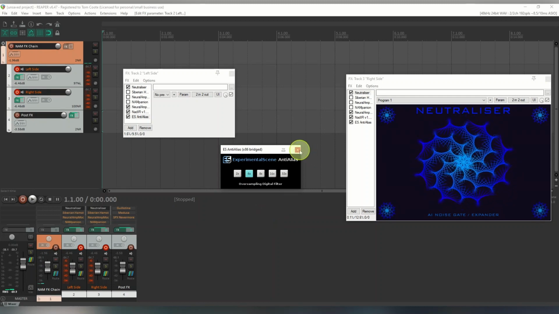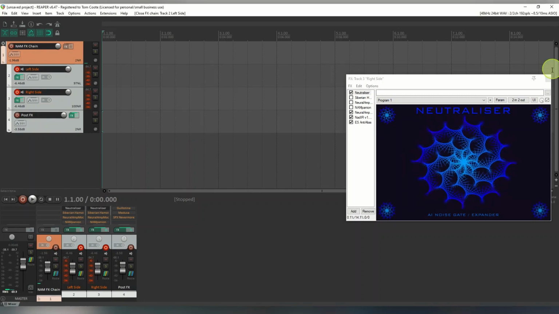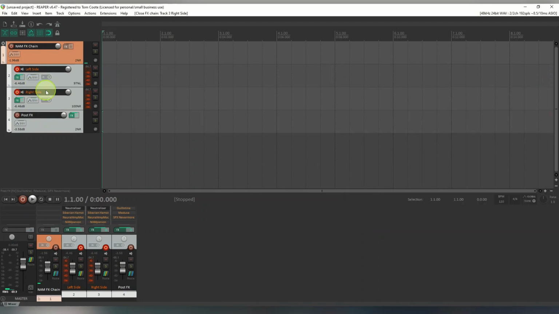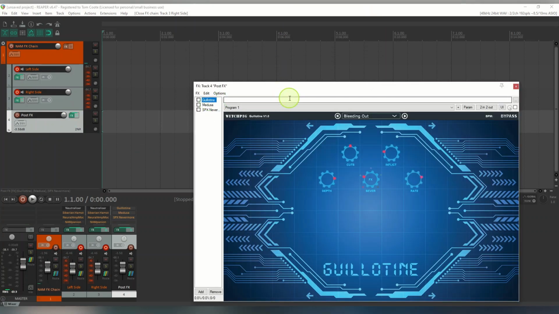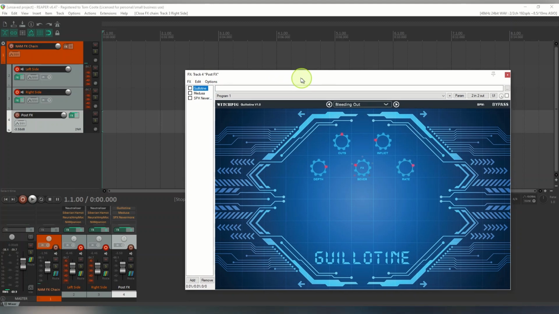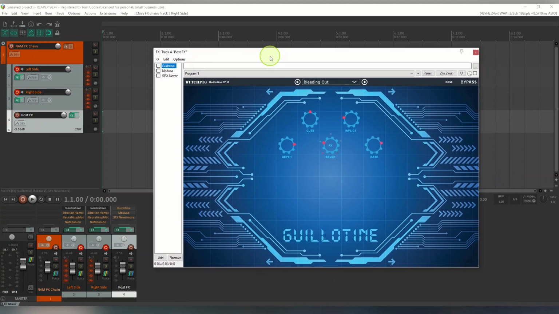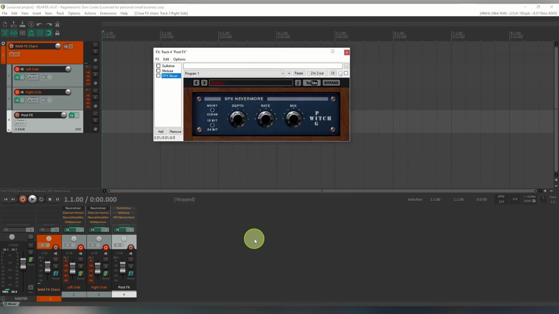Right, so after these ones, these 2 are then routed to the effects section here. What I've got in here are some other WitchPig plugins. So you've got Guillotine in here, and then I've got SBX Nevermore one here. This is quite a good example of the sort of thing I was talking about where oversampling would be pointless. So this is trying to replicate the symphonic preset